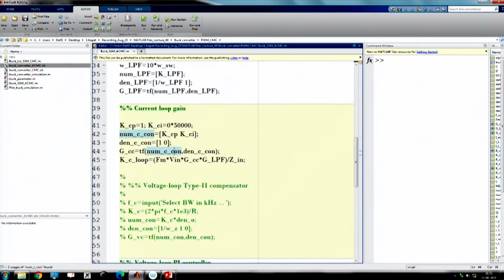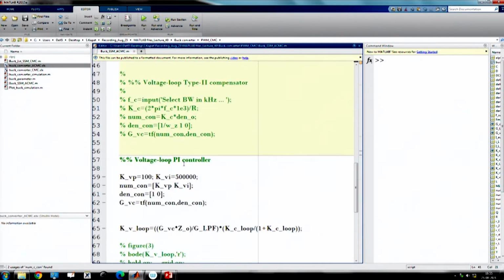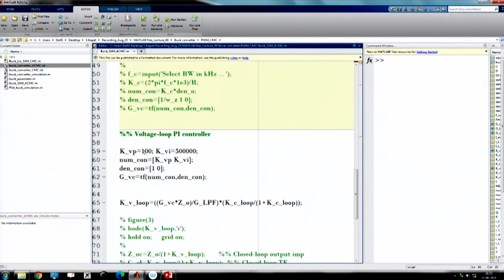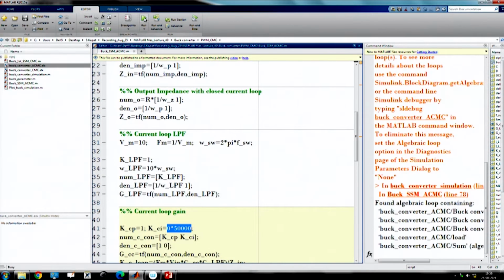Okay. Next, because we are not taking any integral gain. Now, for the voltage controller, suppose we are putting a high kV, it is a PI controller we are considering. We choose the voltage controller in such a way that we get sufficient bandwidth, but it should be close to 1/10 or somewhat 1/8 of the switching frequency, because beyond that the model is not valid, as we have discussed, and the current loop bandwidth is pretty high. So, let us run this simulation and check